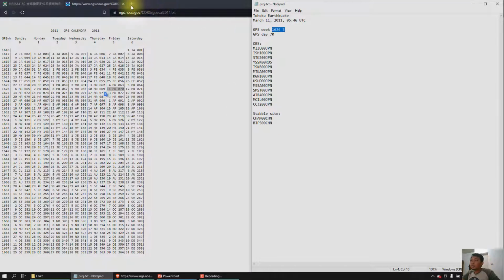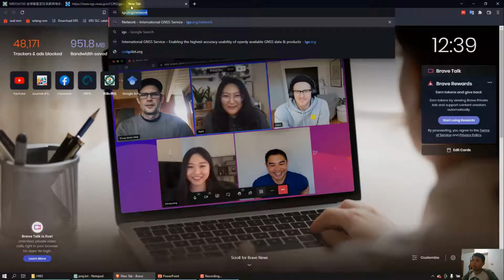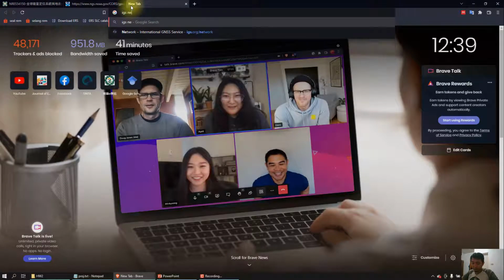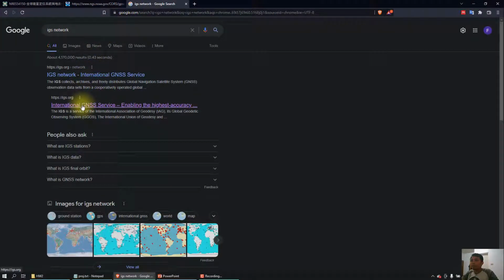How to find the GPS station? We can see from the IGS network.